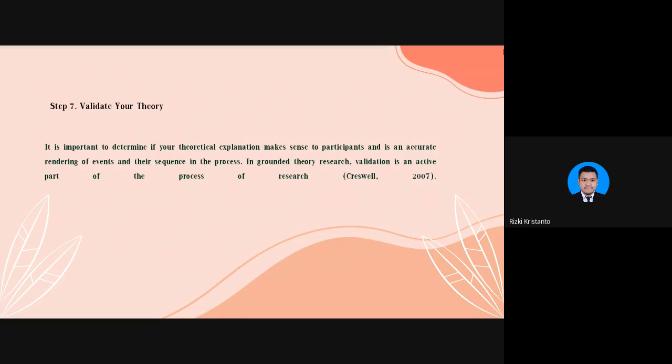In step number 7, we have validate your theory. It is important to determine if your theoretical explanation makes sense to participants and is an accurate rendering of events and their sequence in the process. In grounded theory research, validation is an active part of the process of research, from Creswell in 2007. Next,